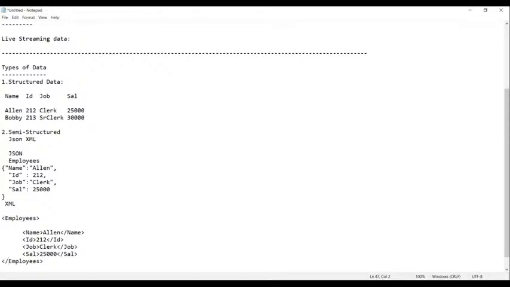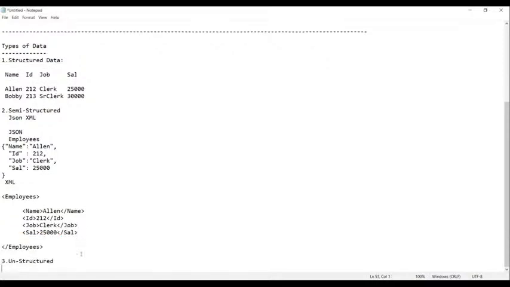This kind of data is called semi-structured data, not unstructured. So this is the type of data we have, semi-structured data.